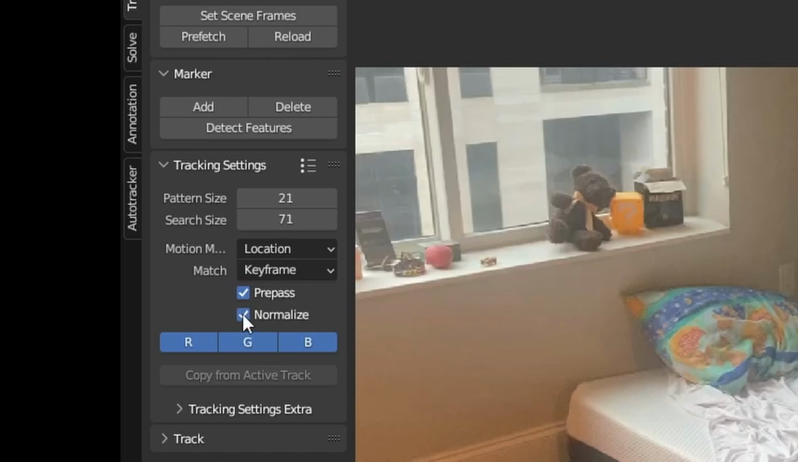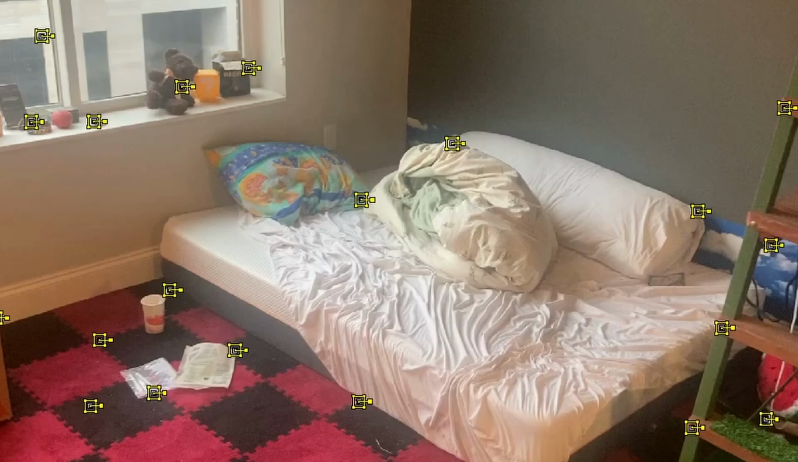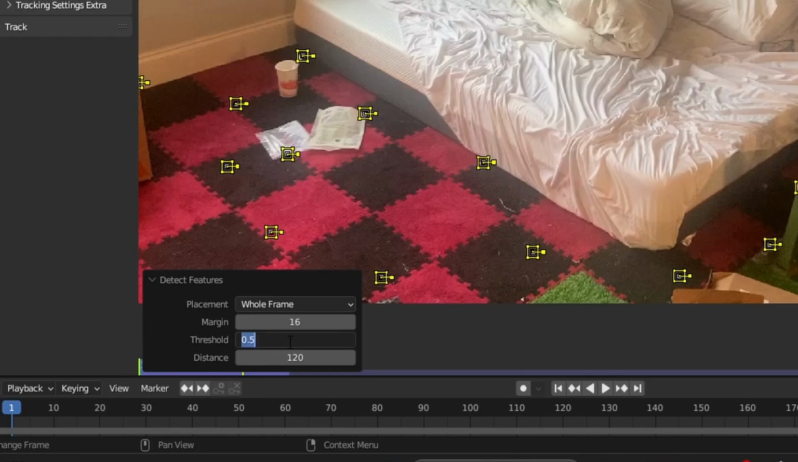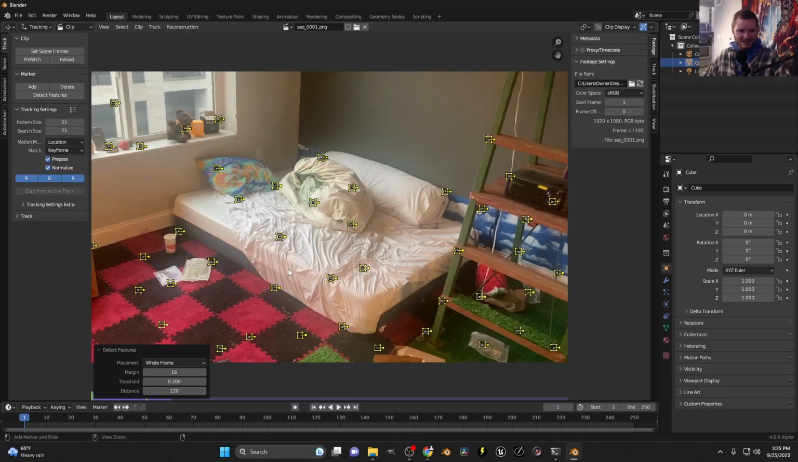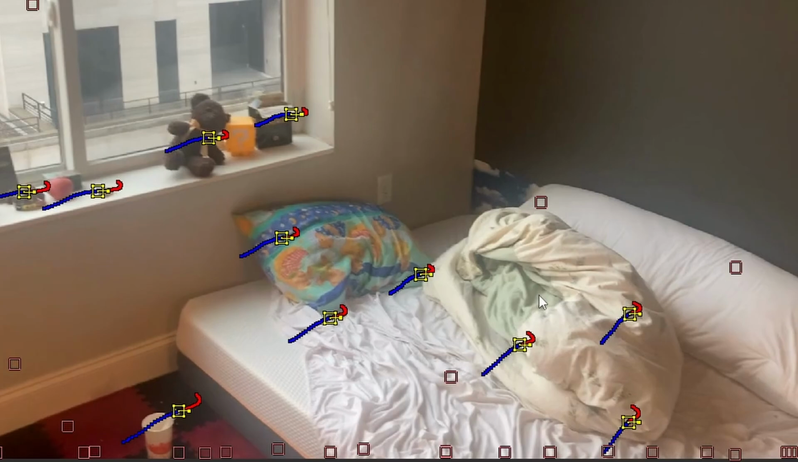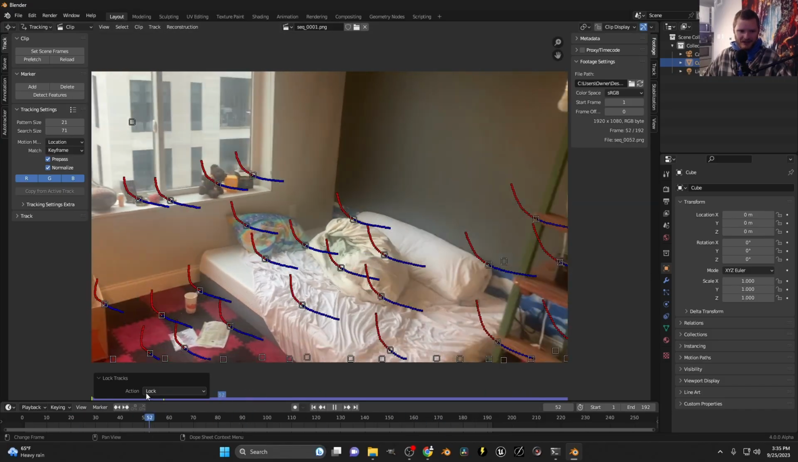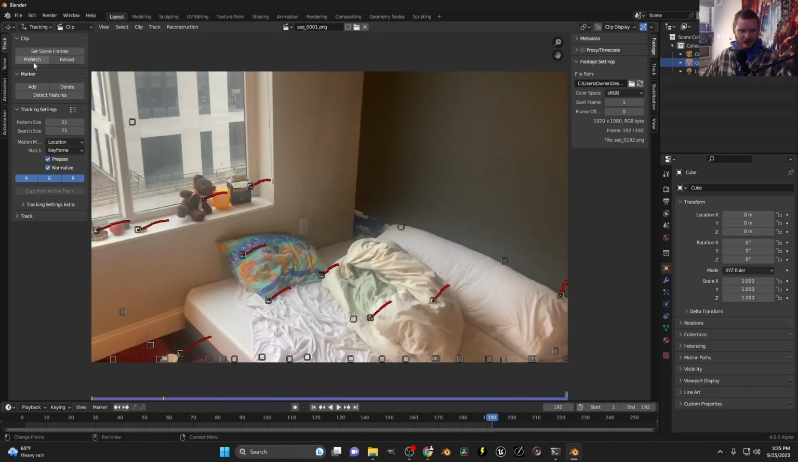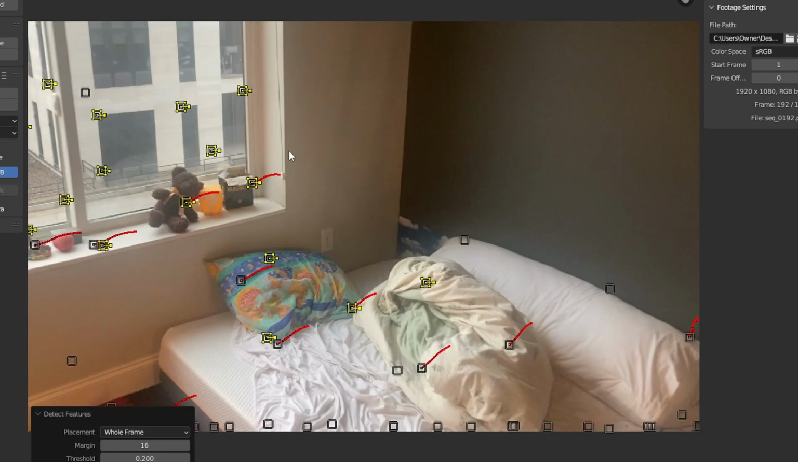So I'm just going to enable normalize and hit detect features, which will add some features automatically. I'm going to bring down the threshold so we have more of these trackers and hit Control T. Again, I forgot to set scene frames and prefetch, very important. I'm going to Control L to lock in these trackers, so now you can see we have them. And just to get more trackers, I'm going to go to the last frame, detect features, Shift Control T, and